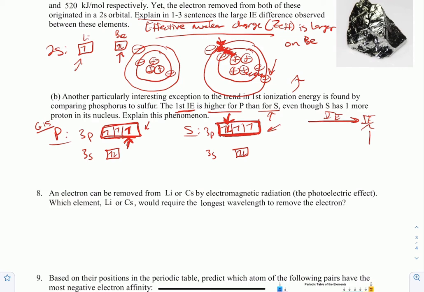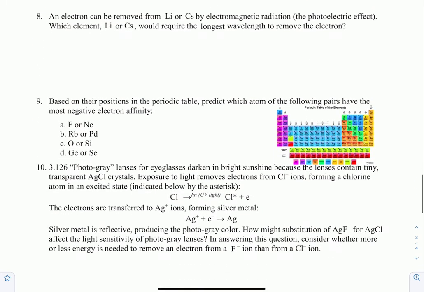All right. Number 8. An electron can be removed from lithium or cesium by electromagnetic radiation, the photoelectric effect. Which element, lithium or cesium, would require the longest wavelength to remove the electron? Longest wavelength, that's just a keyword. If you think about the longest wavelength, that means it's got the lowest energy. So longest lambda is equal to